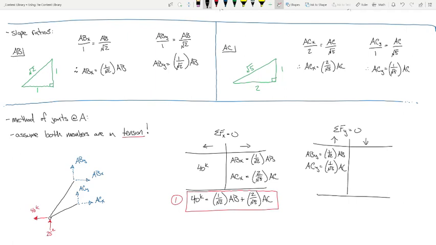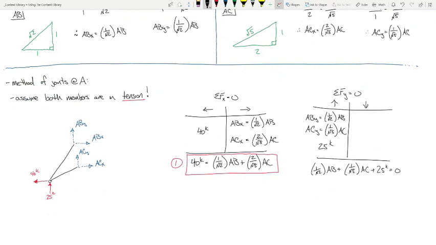And we have 25 kips going up. So we've got 1 over the square root of 2 AB plus 1 over the square root of 5 AC plus 25 kips is 0, or